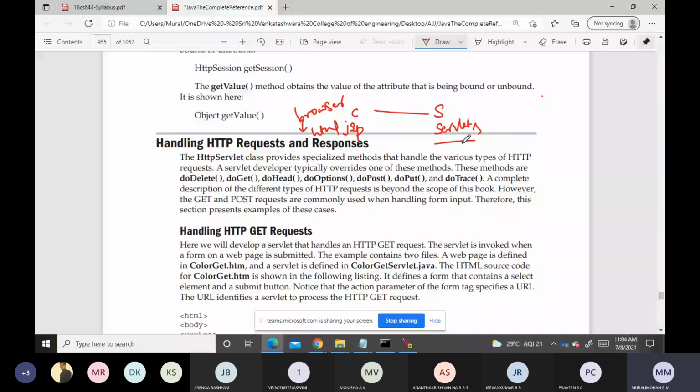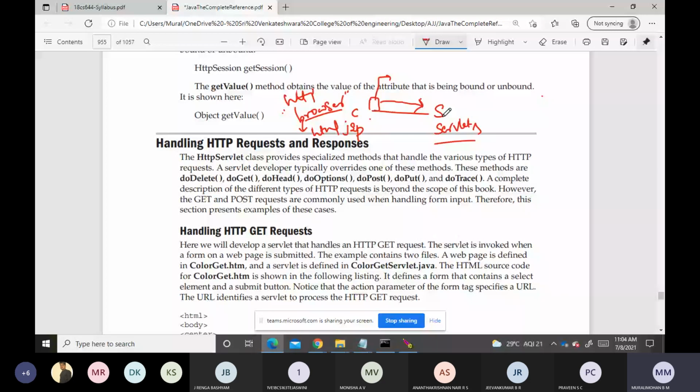Whenever a request is made, the browser is responsible for creating an HTTP request. As we discussed, it will use the hypertext transfer protocol, right? So a request is made and it is sent to the server. Now, we need to send it from the client machine to the server machine. So how to send it?